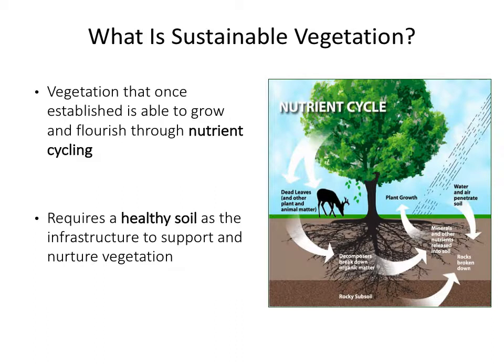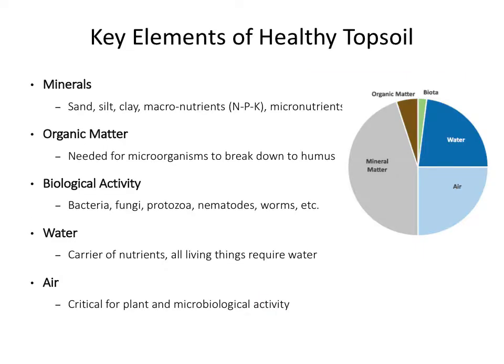So, what is sustainable vegetation? Basically, it's a vegetation that once established can grow and flourish through nutrient cycling. To obtain this, we need a healthy soil as that foundation. And on the next slide, this is just kind of a breakdown of what goes into a healthy topsoil. A big portion of it's going to be your minerals, your sand, silt, and clay, but also a lot of water, a lot of air. And for that, you need void spaces, you need proper soil structure, and then your organic material and your biotic